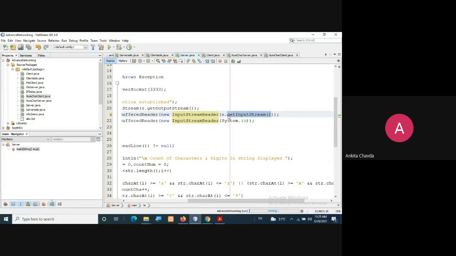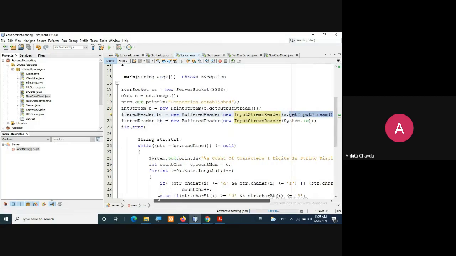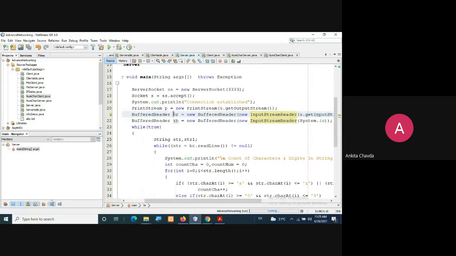So if I write s.getInputStream here, then you have the data in the object br. Same way for the kb. Here the kb is used for what? Because whatsoever you are taking may be from the user. So here we are writing System.in, and that we are giving to this kb object.